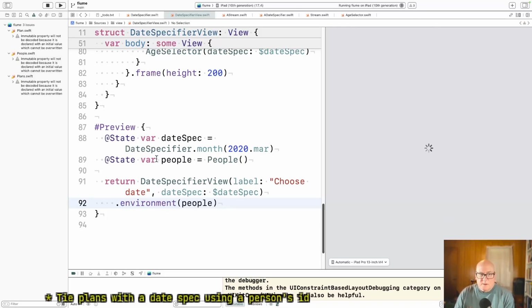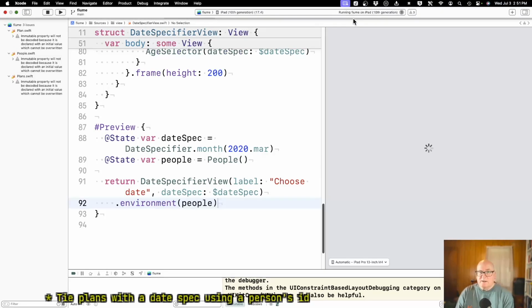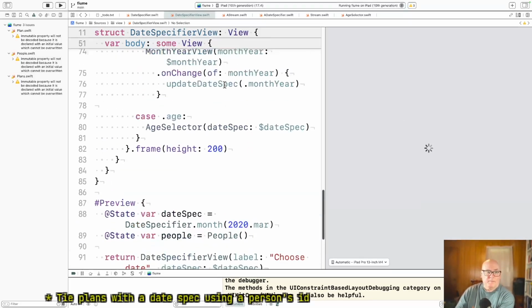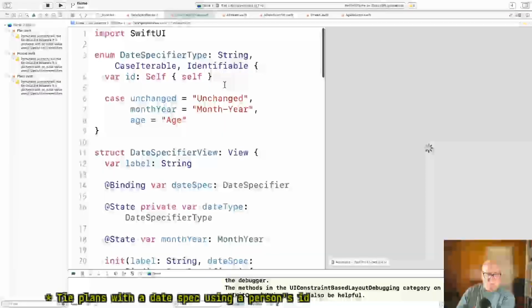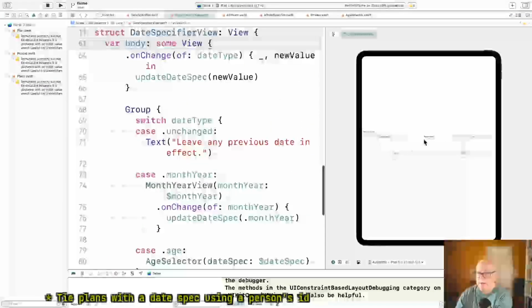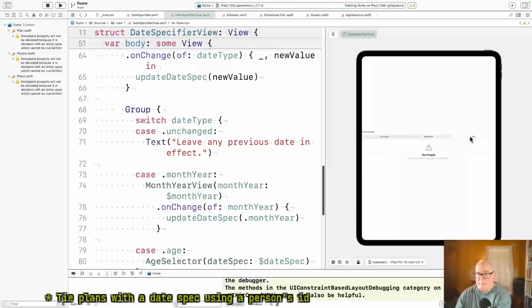Yeah, so down in the bottom level, age selector is relying on the fact that the person's array is there to take advantage of. And since it comes in and it's got no people, it tries to show something and people is nil and it blows up, I think. Okay, so more of an issue for the preview. So if I select age, this should not blow up. Yeah, we should get no people. Okay.